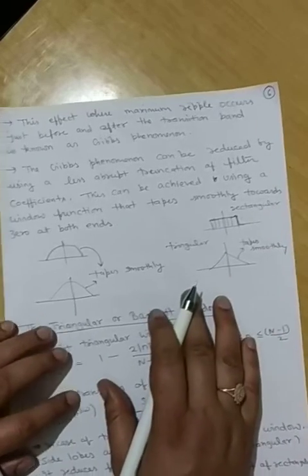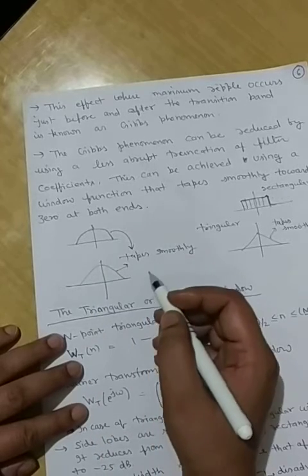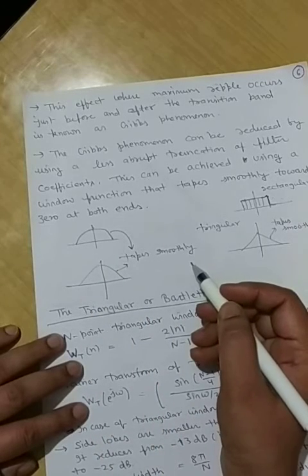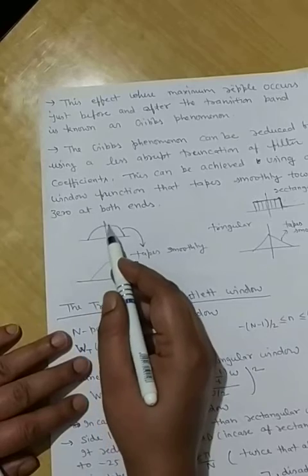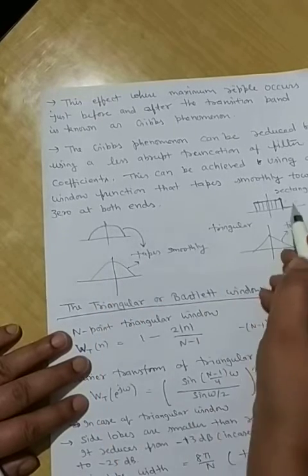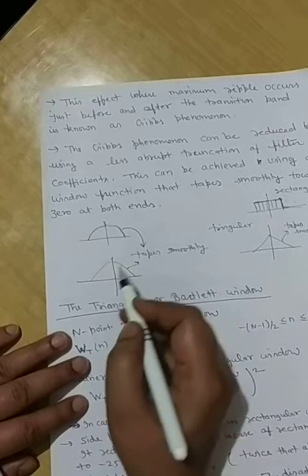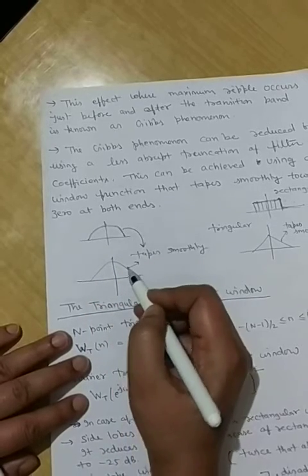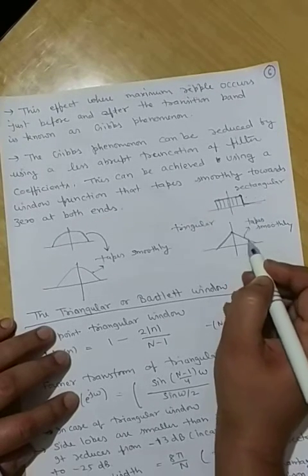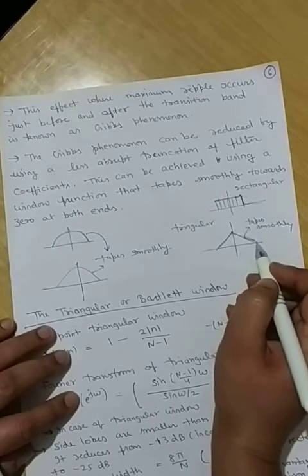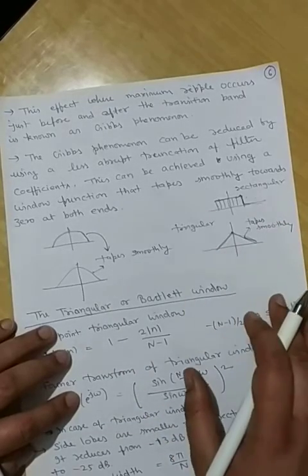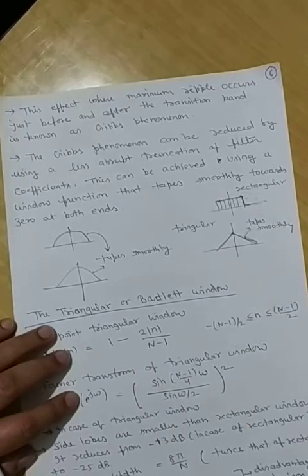That's why a number of different windows have been proposed in the literature by different scientists. The shape should not be abrupt, but it should be a gradual decay in amplitude. The shape may be like this, or like this, or just like this, as in the case of a triangular window. So the different other windows are proposed, and the parameters like main lobe width and the effect on the side lobe amplitude will be studied afterwards. Thank you.